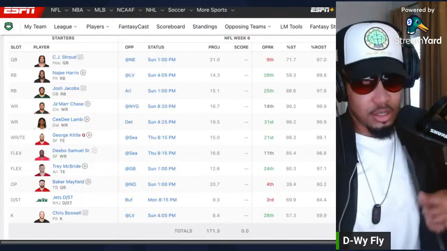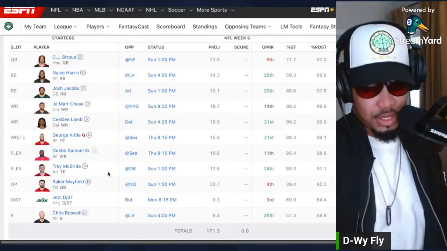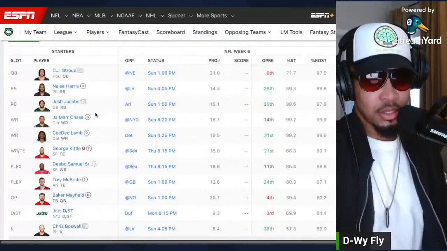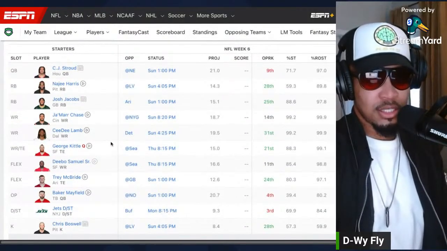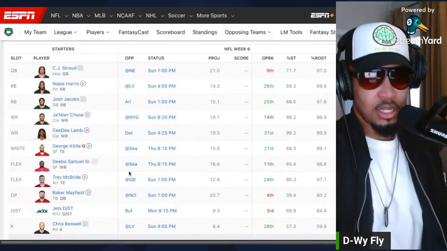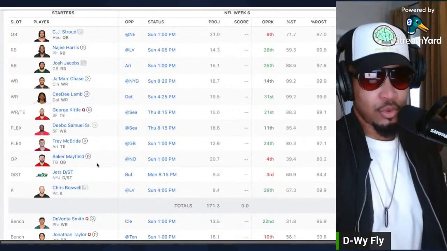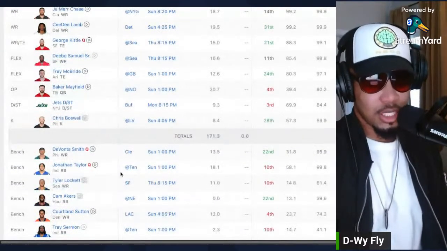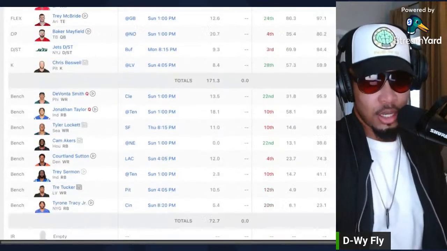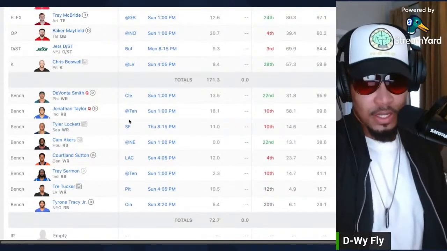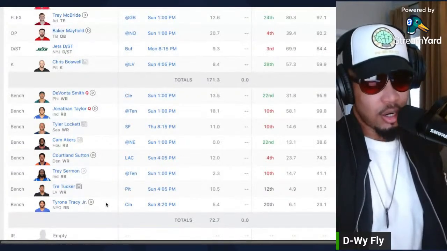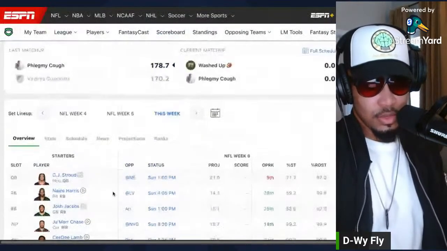Trey McBride, I don't know how he's doing for him, but Baker has been a great pickup. He actually came to the league. This is a 10-team keeper league. You can keep up to 8. He kept 8, and he didn't have a quarterback, and he drafted Baker during his draft. So shout out to him for picking up Baker. And he has Devontae Smith coming back this week. So his team looks like it's all right. He picked up Trey Sermon and Tyrone Tracy off of waivers. He's 2-2.